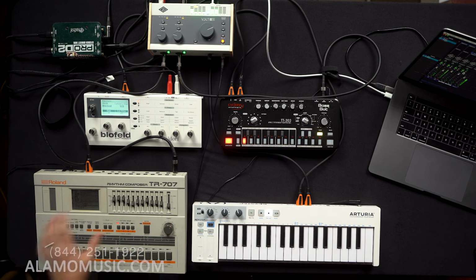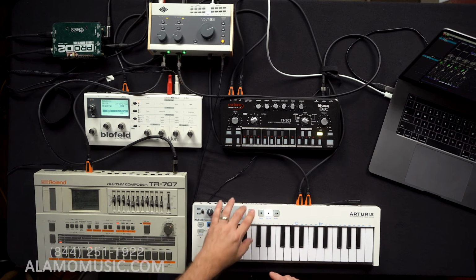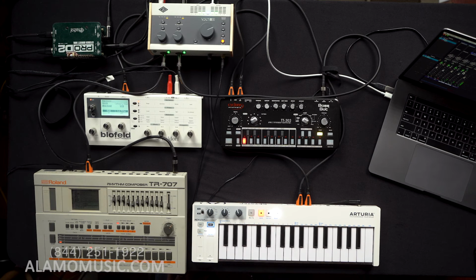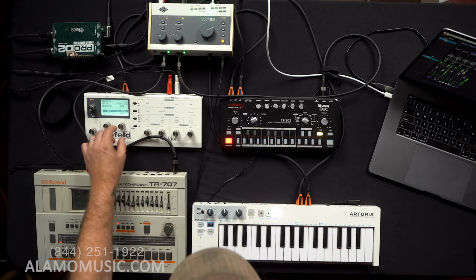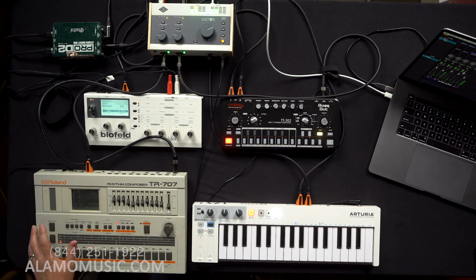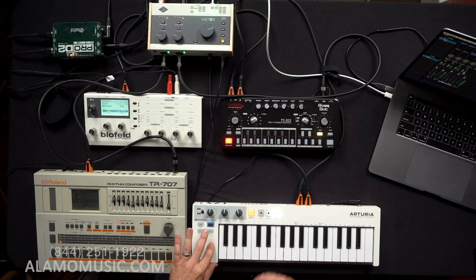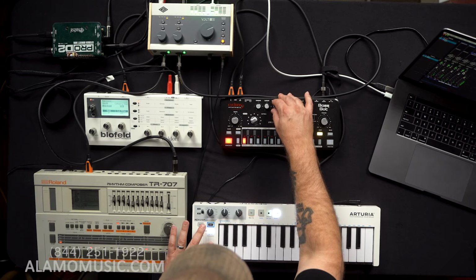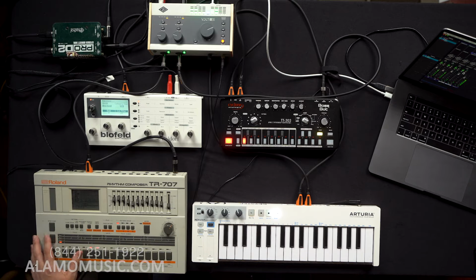Okay, let me space those notes out a little bit more. So let's go ahead and do this. Okay, let's listen to it in the mix. All right, so our rhythms are kind of all over the place, but it's a lot of fun because it's adding a